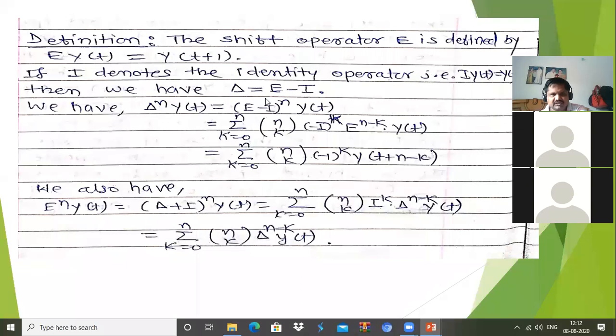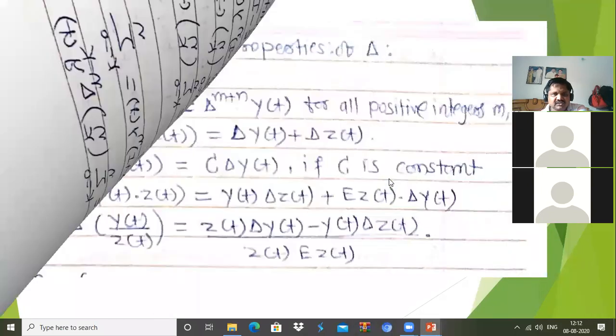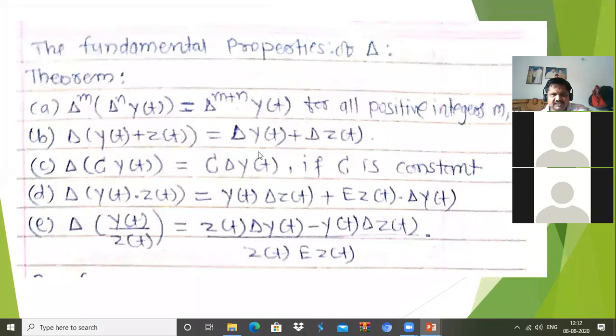We have seen the definition of shift operator also. What is the shift operator there? E is called the shift operator, and E yt is equal to y of t plus 1. Then we have seen the relation between delta and E, and nth order delta and nth order E. Then we have seen some fundamental properties: how to take the difference of a sum of two functions, a constant multiple, then